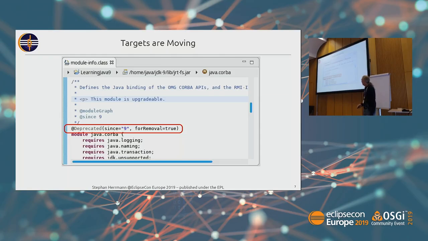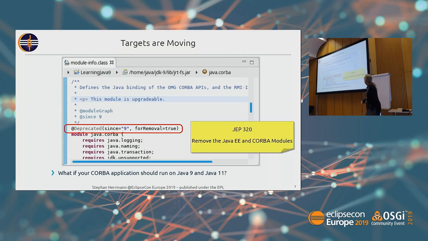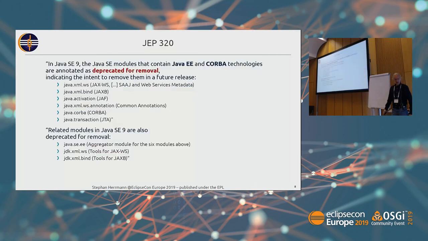And the background, so the question in this context will be, what do people do if they have, for example, an application that uses Corba and they want to run it on Java 9 and want to run the same application also on later JREs, for example, 11? How can we make this happen? The background behind this is a JEP, number 320, with the title Remove the Java EE and CORBA Modules. I learned that this happened before any of the Jakarta EE discussion started, but of course there's a connection with this. Just a little extract from that JEP